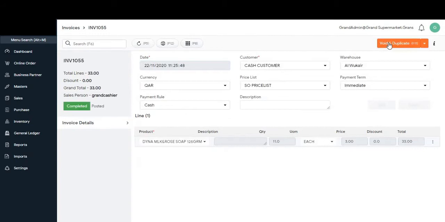Now click on the Void and Duplicate button. In this invoice, I will change the payment rule from cash to card. Now click void and duplicate.